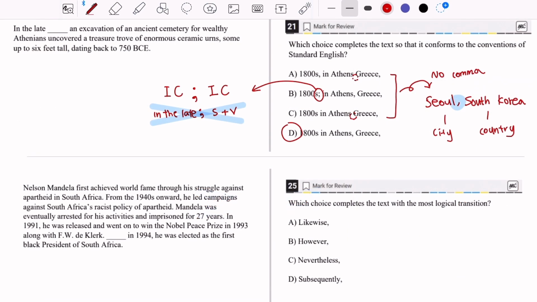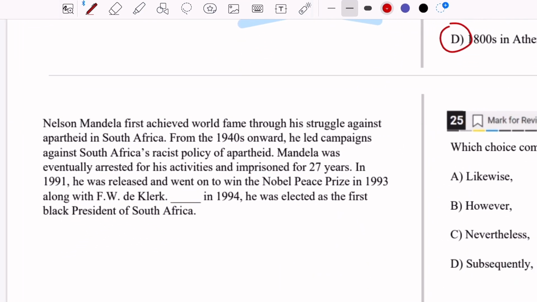Next question is, which choice completes the text with the most logical transition? Most logical transition. Okay, so